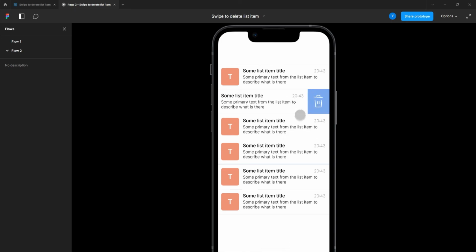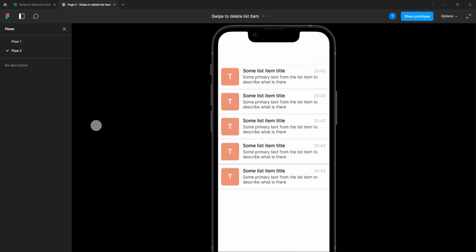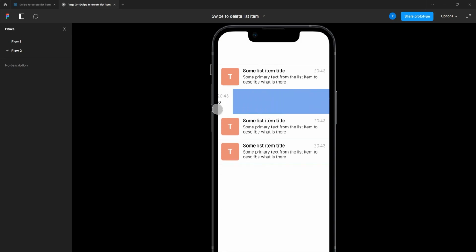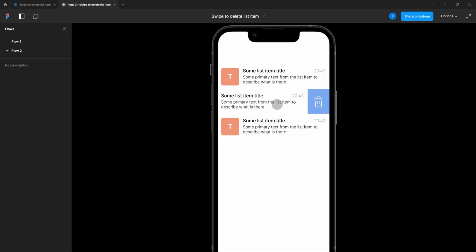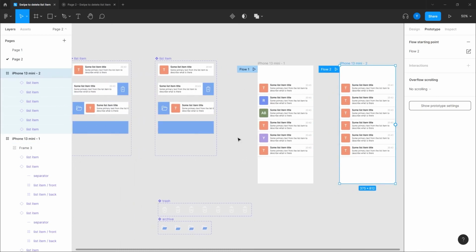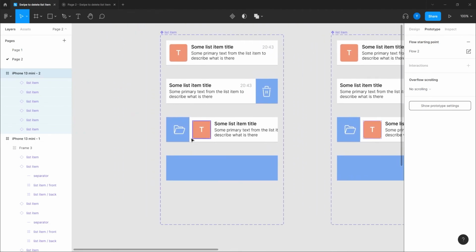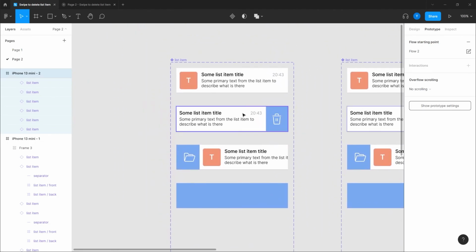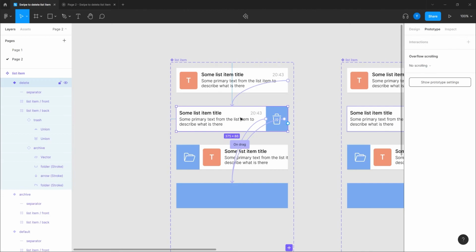Okay, so that's dragging it one time and boom, you see, so I swipe to delete, or I can either do it straight from the first one. So anyway, it works perfect. I mean, it works here, and then we just don't have the drag it back. By the way, if I do want, I can do another thing I will show you now. I can take another one. Yes, I can do another interaction from the whole variant.